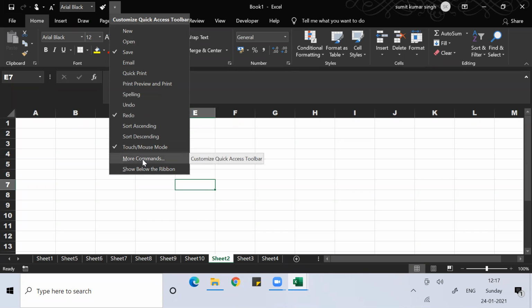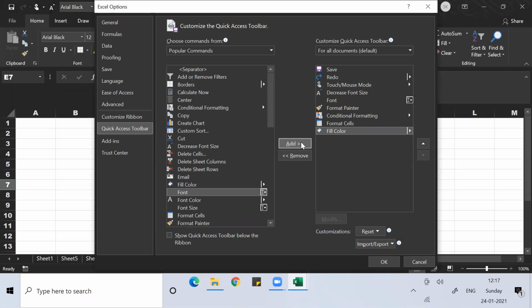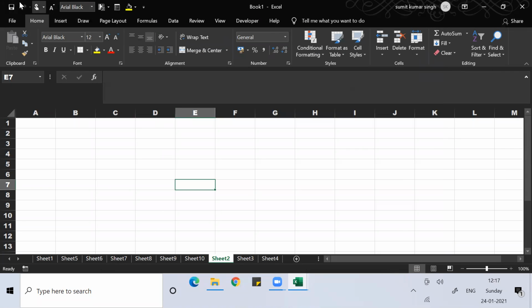If you want to add more commands or customize it, go to More Commands and you can see the quick access toolbar. Whichever command you feel is important to you, you can add it, depending upon what is relevant to you. And if you feel something is not relevant, you can remove it from the quick access toolbar.